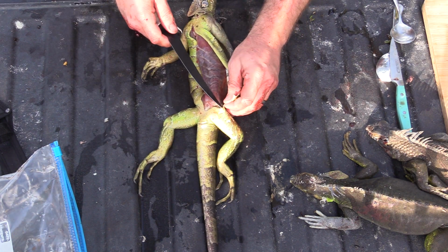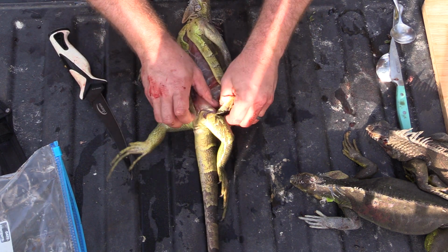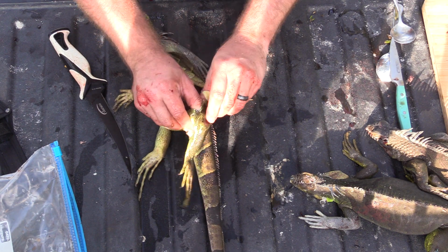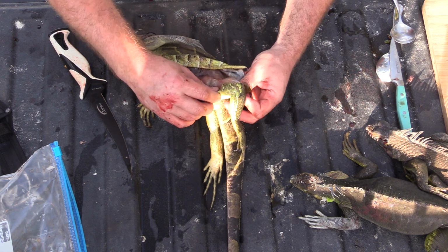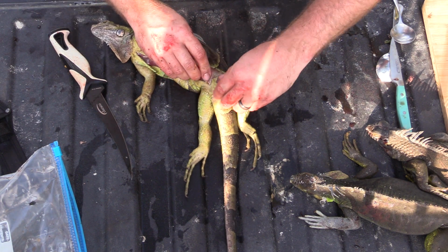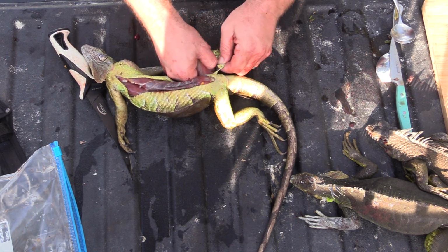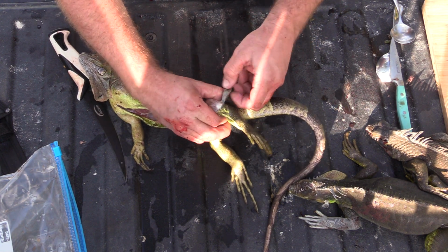So then I've been making just a little cut down the leg like that right there, and then getting it to where I can get my thumb and just kind of peeling that meat apart around this back leg. And that skin might peel a little bit, that's okay. And that meat, oh, that's a chunky leg right there on that one. I'm gonna try to make sure I ain't ripping the meat off with the skin. So I'm just trying to work my thumb in behind that skin until my finger can go all the way through,